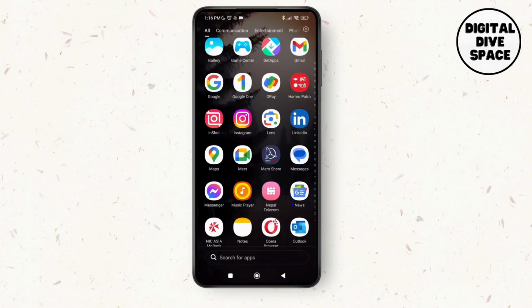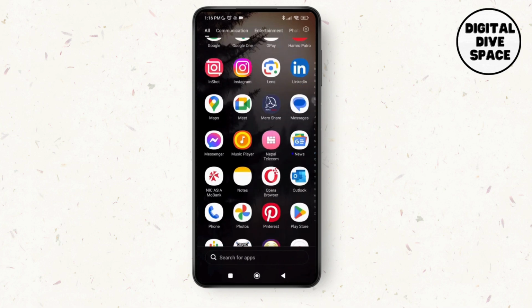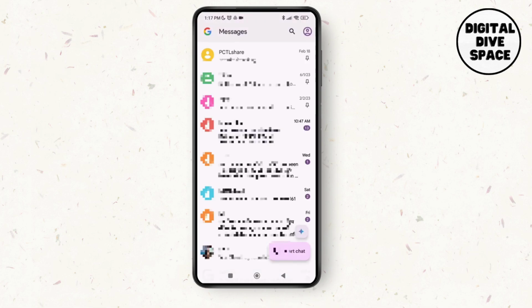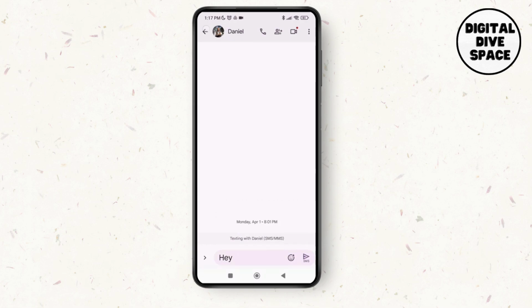So to send the text messages from Android device, what you need is your messages application over here. I have Google Messages on my device, so I'm going to tap on it. And as you do that, you'll be landed on the user interface of Google Messages. Then here at the bottom you can see the option of Start Chat. So tap on Start Chat, and as you do that, you can see the